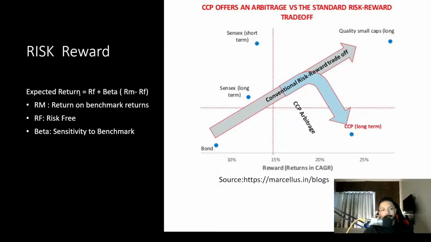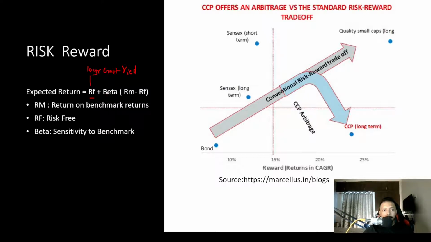So the CAPM formula is nothing but RF, which is the risk-free rate. If you're talking about India, that's your 10-year government bond yield. So you're saying that the 10-year government bond yield is already risk free. If, let's say, it's about 6.9%, then you say the 6.9% is already free, right? So if I am expecting anything from investing other than the government bond yield, then I would be expecting more than the risk-free rate. That was the premise of the CAPM calculation in the first place. So that's where we start.